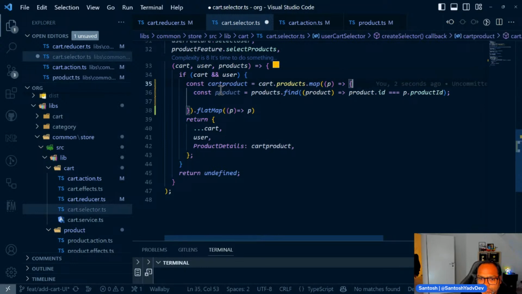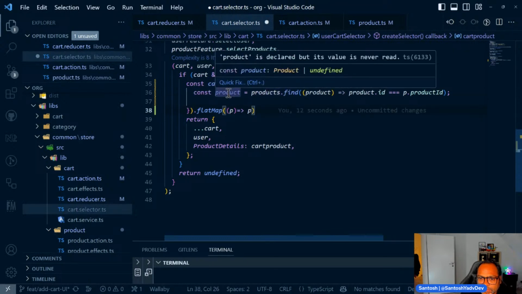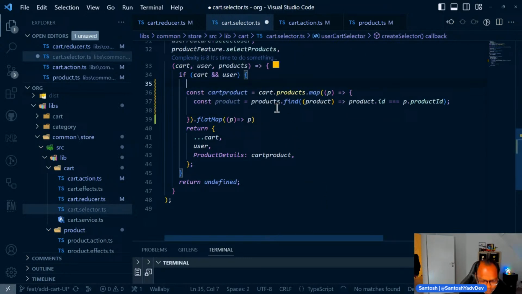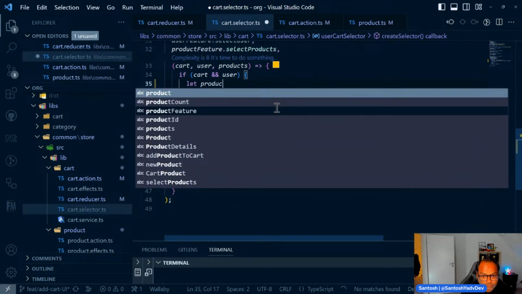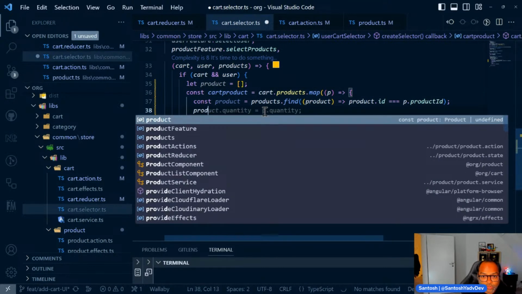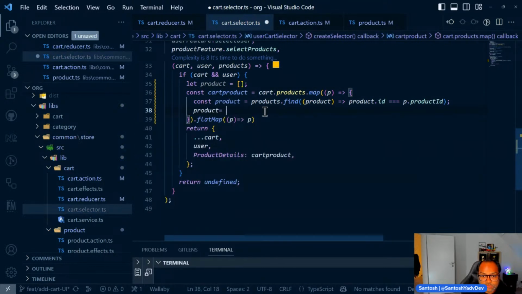Dot user, then we are doing map for each product. This is cart product, products dot find. We get each product here. And we do this. Product equals to